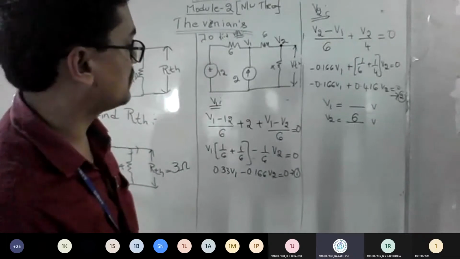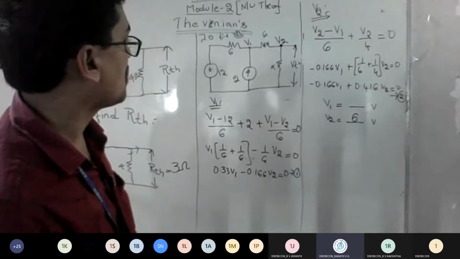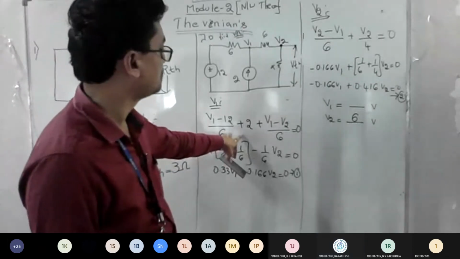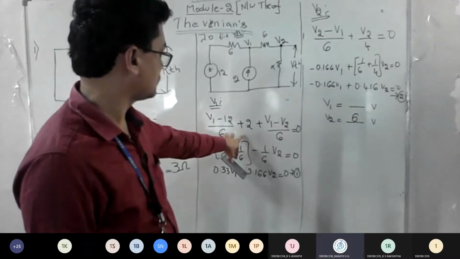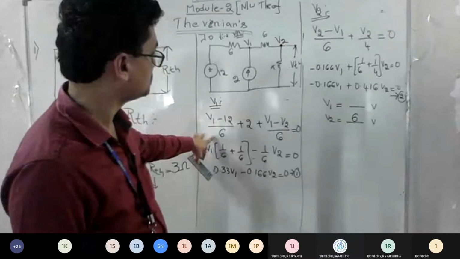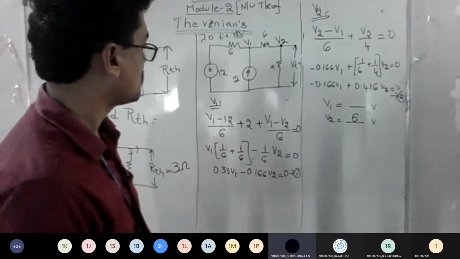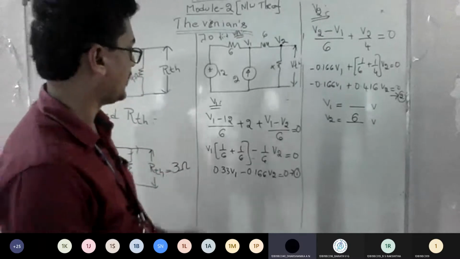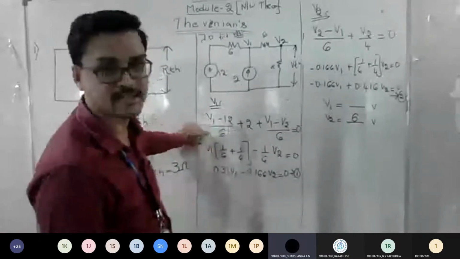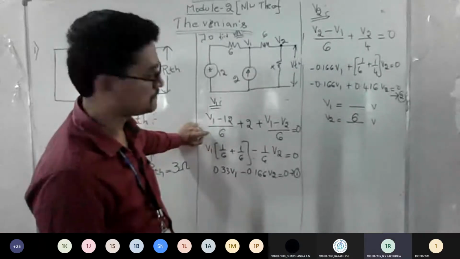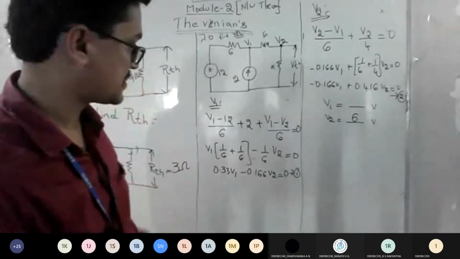Sir, in equation 1, you have missed 2, sir. Which one? In equation 1, sir. Minus 2 will come now, sir, on the RHS. No, here minus 12 by 6, no? Yes, sir. The constant, when you take it, you should take it to the other side, so it becomes minus 2. No, what I am telling is, here 12 by 6 is minus 2. Yes, sir. So minus 2 plus 2 are cancelled. Okay. Correct, na? Yes, sir. Just check out with this.